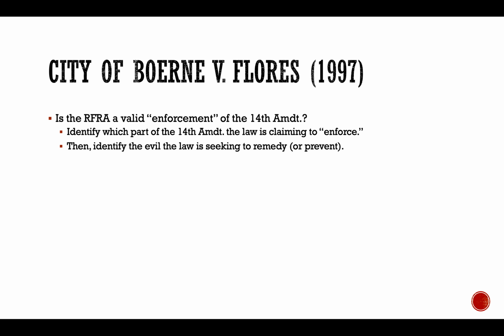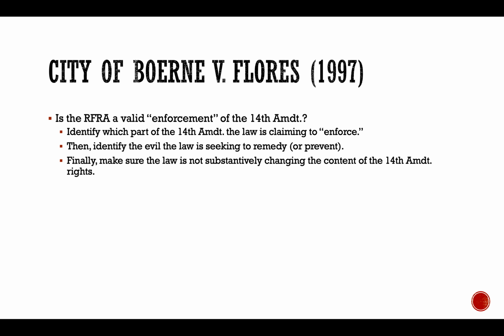slavery in the 13th Amendment, all of these things in the 14th Amendment, voting rights in the 15th Amendment, and they're essentially a list of things that the states cannot do, and Congress is given the power to make sure that the states don't do those things. So isn't that what Congress is doing here? Doesn't Congress see a state behaving badly, and Congress is trying to prevent that or to remedy that? And the court says we have to be very careful that in claiming to remedy 14th Amendment violations, Congress is not actually changing the substance of what the 14th Amendment prohibits.